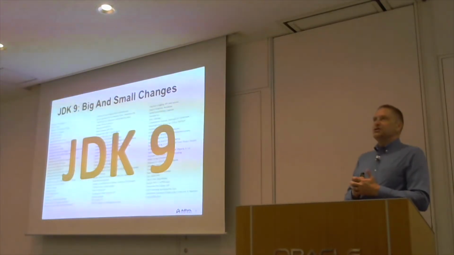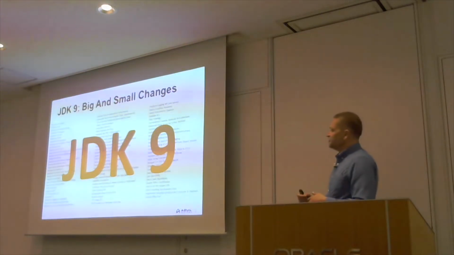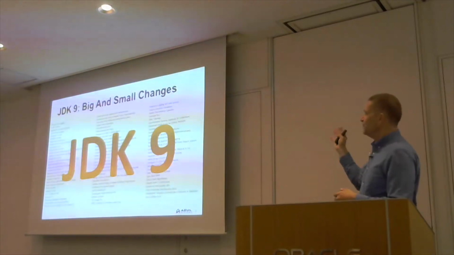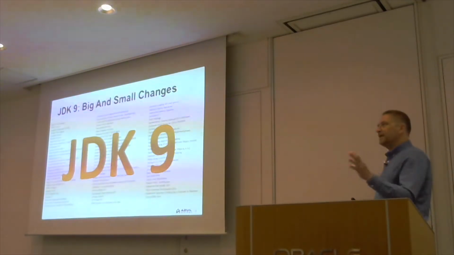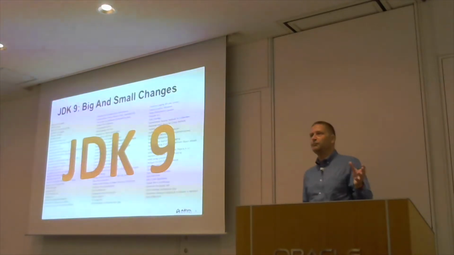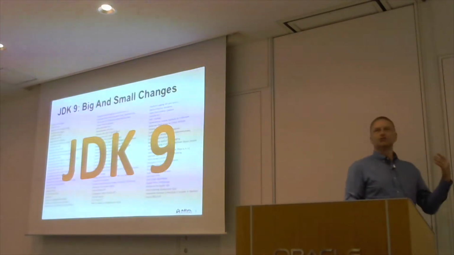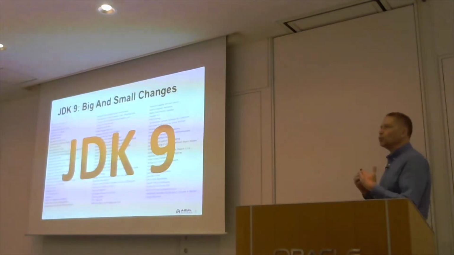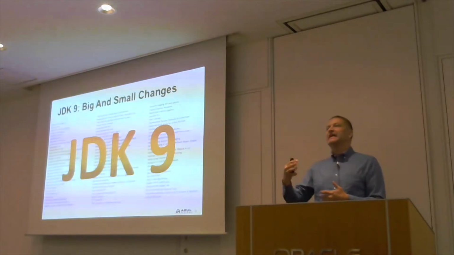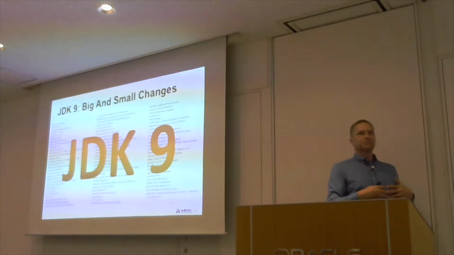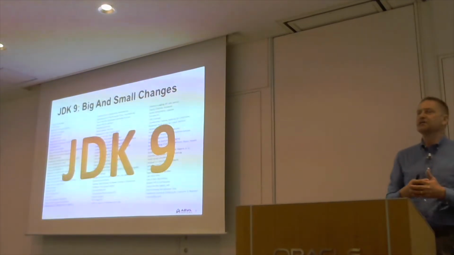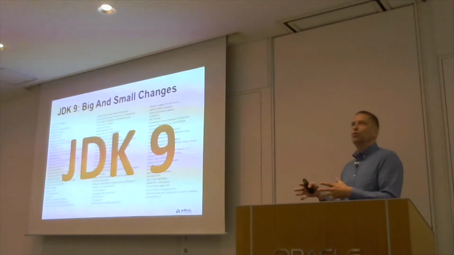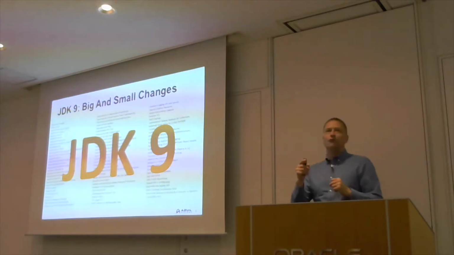There were lots of new features in JDK 9, and this is a list of them. I think there's about 87, I think I counted them all up. There's about 87 new features that made it into JDK 9. Many of them are quite small, some of them are bigger, and of course there is one that is very big. And the one that's very big is the one that caused some problems in terms of delaying JDK 9, because Oracle and the OpenJDK project wanted to make sure that they tried to avoid as many problems as possible with the implementation of the module system.